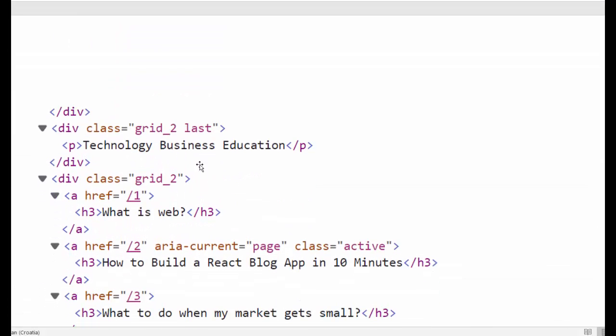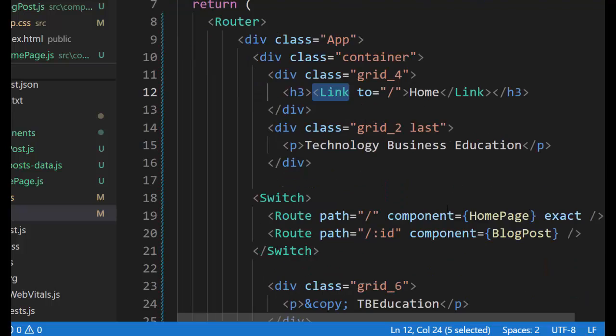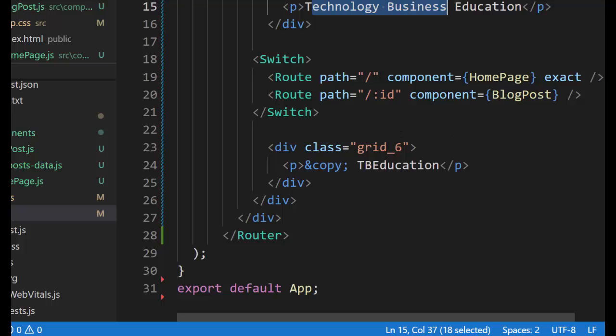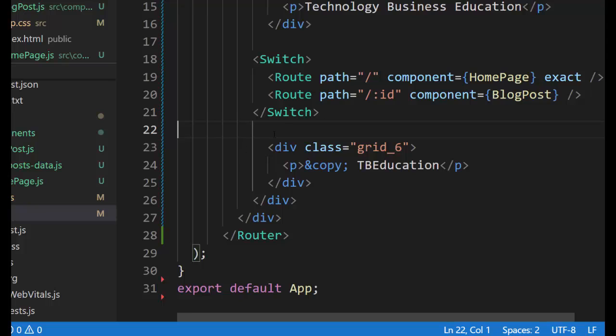Go down. It is technology, business, education, text. And now we have links to post 1, post 2, post 3, and we look at what React produces. I write this code, and here is technology switch. Here in this component, the first component, hierarchy, it is in React hierarchy for loading. First load